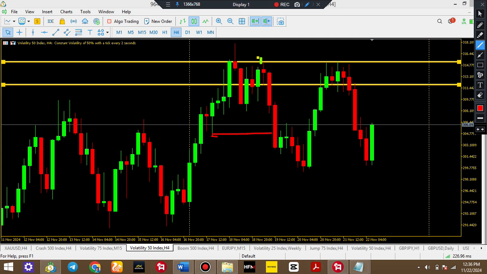So we can say price just came in and tapped into that bearish order block on the H4, which we will have modified on the lower time frame, maybe 15 minutes. So if we are to take a sell opportunity here, then our stop loss will be here at the top, a few pips above that swing high. Then our target will be this area, where price is coming to.